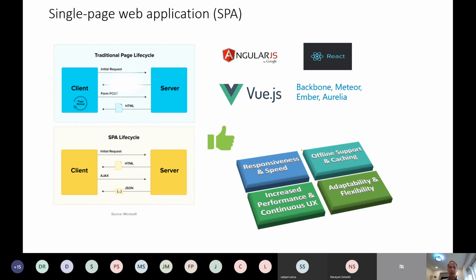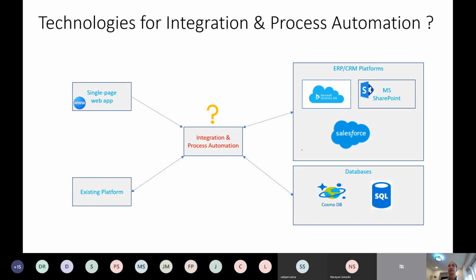So let's go to the next one. The next one is, we talked about the storage, we talked about the browser, the client side. Now we discuss the integration, right? So we need some sort of API because the app cannot run by itself, right? So let's say our web page here, traditional or SPA approach, or another mobile application on this side, or we may have some existing platform, and